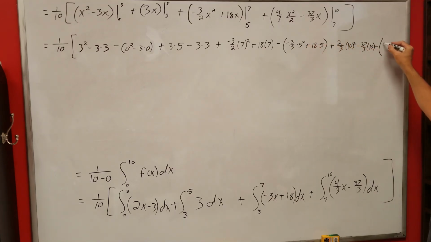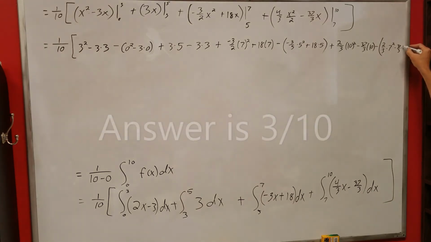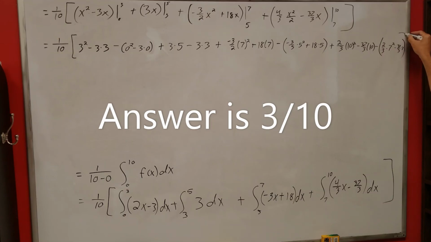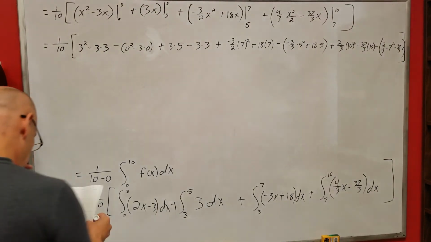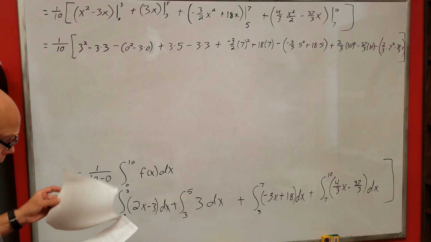So that's what? 2 thirds, and a 3 better, times 7 squared minus 37 thirds times 7. And then close your bracket. All right, now if you put all this in your calculator and calculate